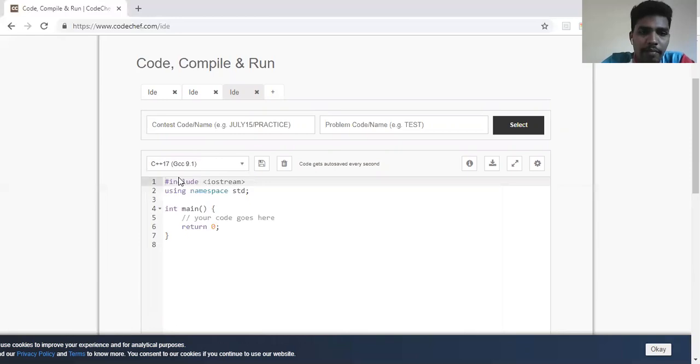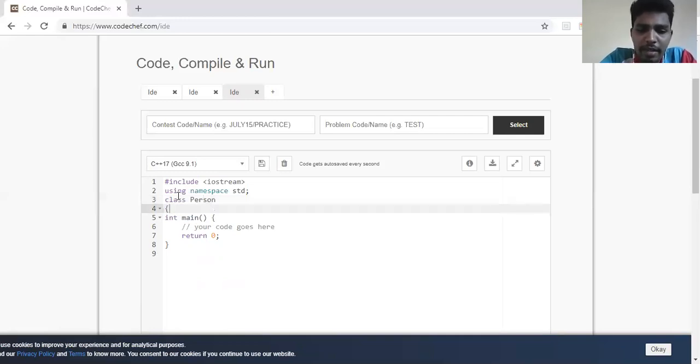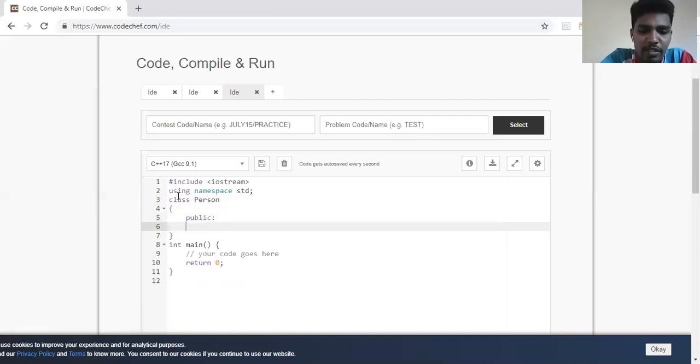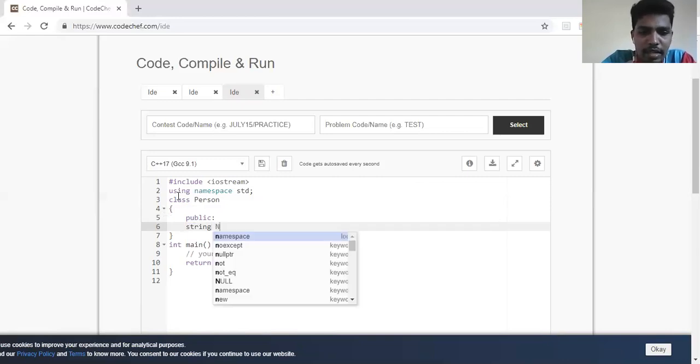Okay, what do we mean by inheritance? Inheritance means inheriting the features of a class. I'm obtaining the features of a class which is already present, for code reusability. For example, consider I have a class called person, and let me keep certain public features in the person. Let me have a name, which is a string, because each person should have a name.